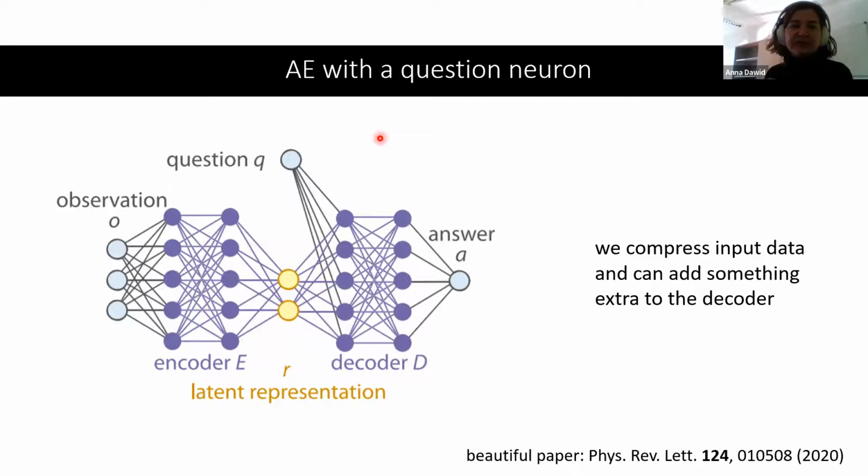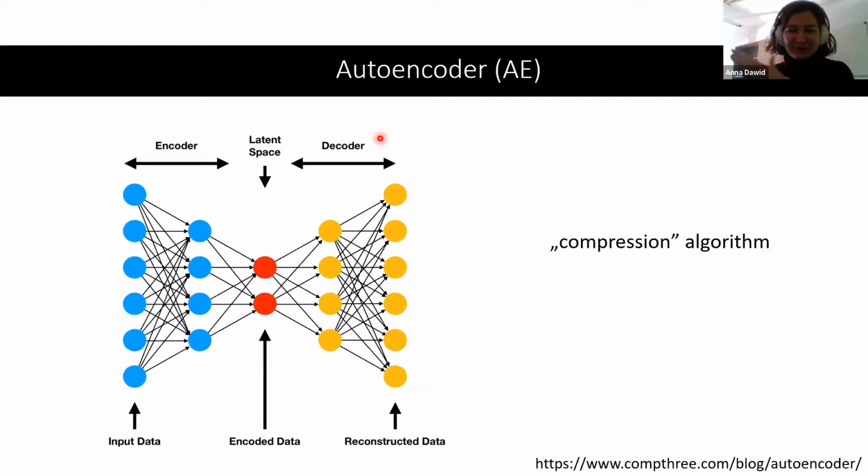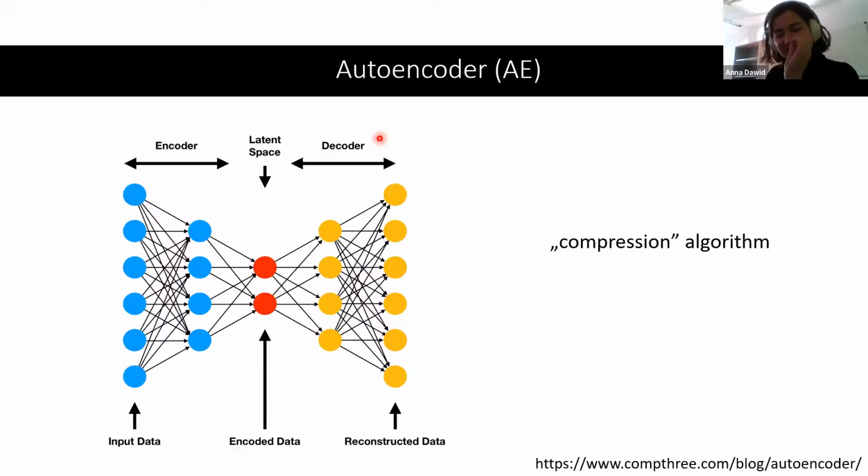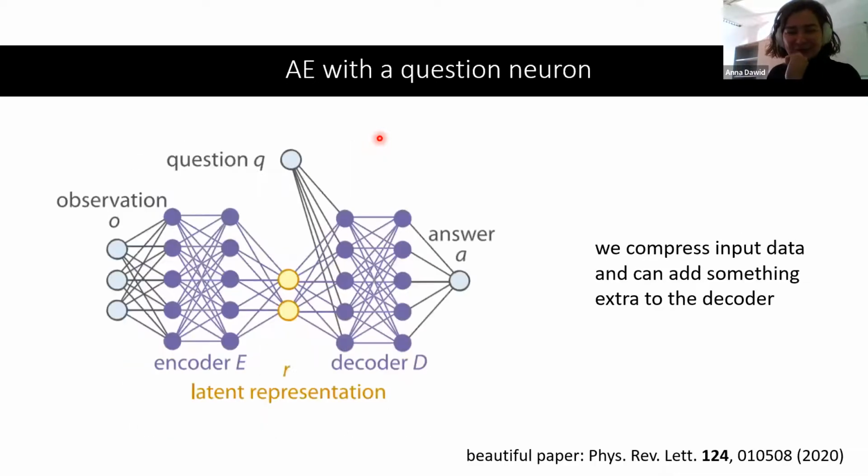understandable. But let's stop at this so we don't spend too much time on methods. So there is the autoencoder, which I hope is understandable, and then you can add a question neuron. So let's stop at this message. And I will briefly go, because I'm cheating a little bit here, this is not exactly the autoencoder we used, but I didn't want to go into too much detail.